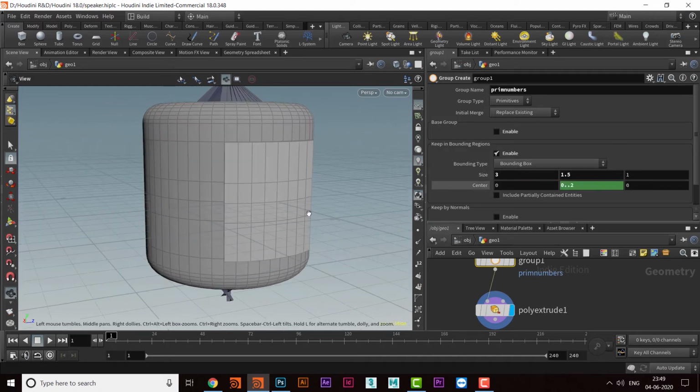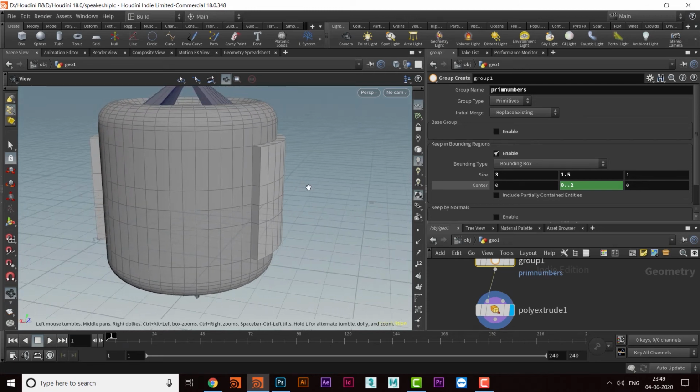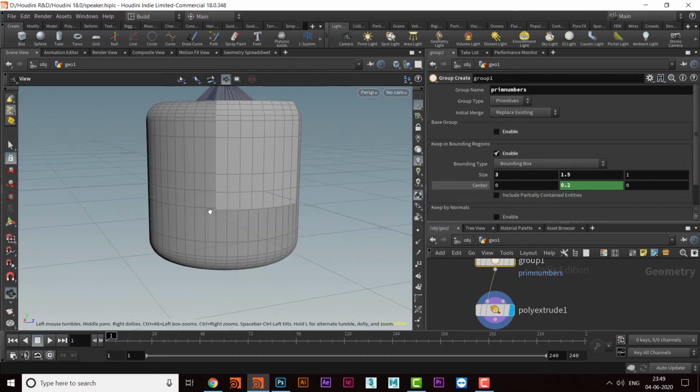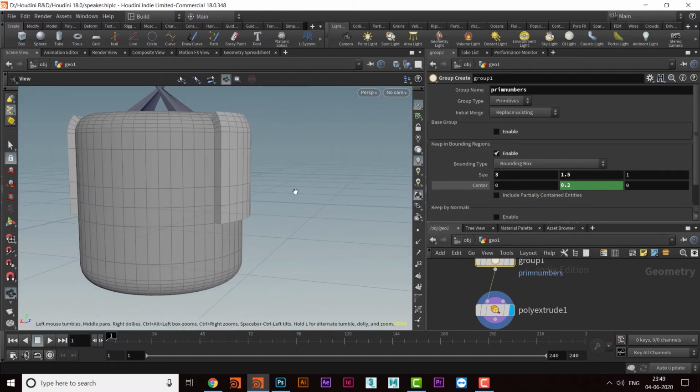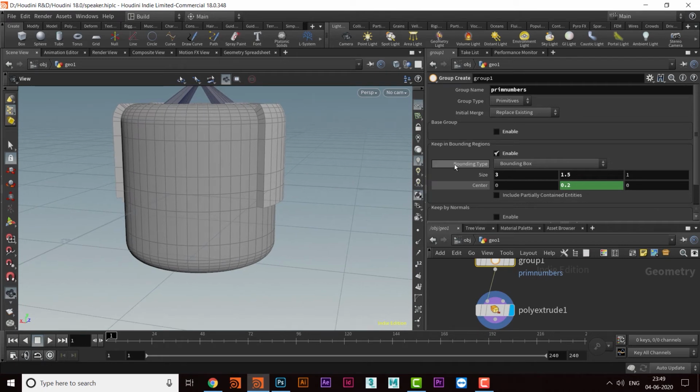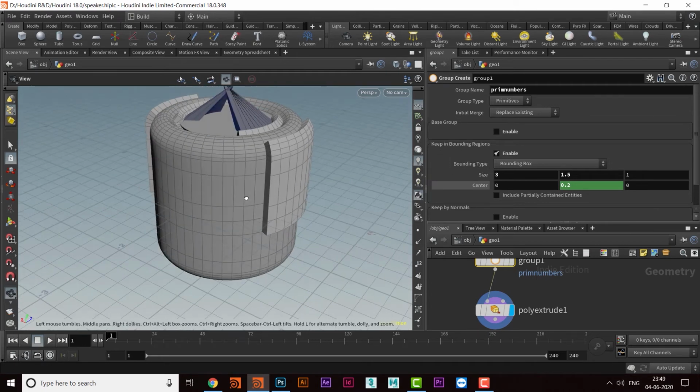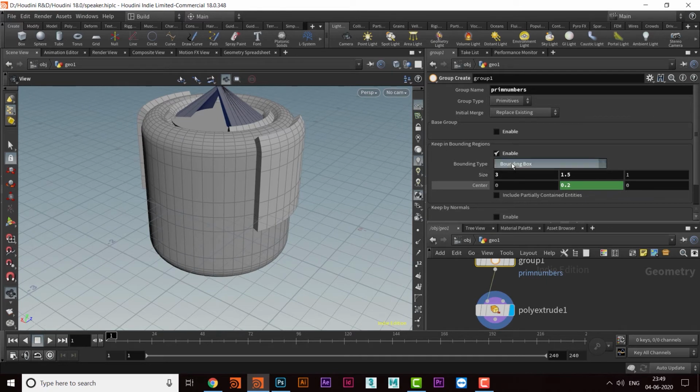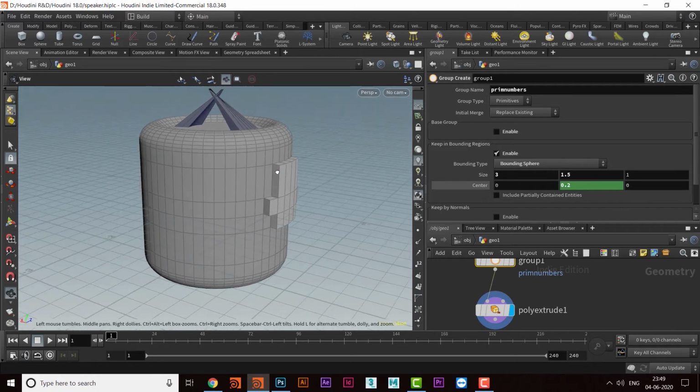Okay, so we can also select this. Right, so that is up to you, and you can do that. So that is bounding box, but bounding box is not that only. We can go to this one, and we can take the sphere also. That is not the box, that is a sphere also.